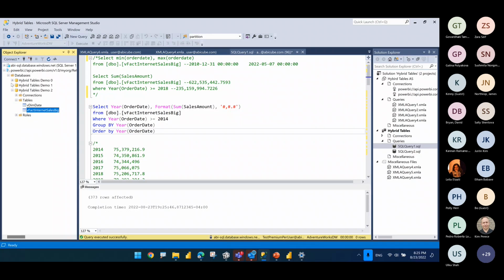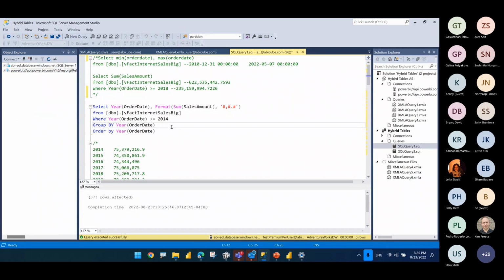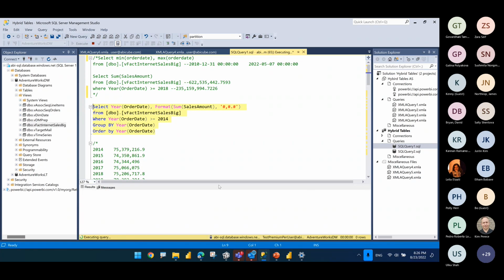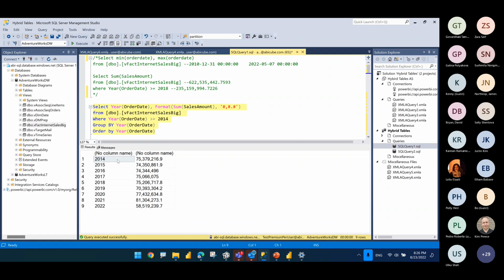All right, so let's take a look at my data source. I'm working with the AdventureWorks sample database. I have it in my Azure SQL DB. I have created a view called Fact Internet Sales Big. I have just generated some extra data for this purpose, so the numbers look a little bit different than the typical AdventureWorks that you see. I'm going to run this query so that we can see what's in the table. So I have data here. I actually have data from 2010 here, but from 2014 to 2022, you can see my sales data.